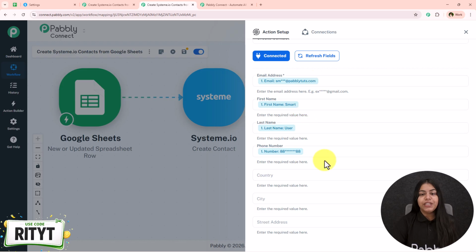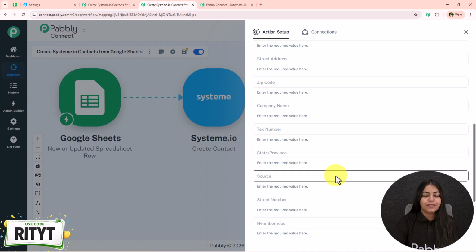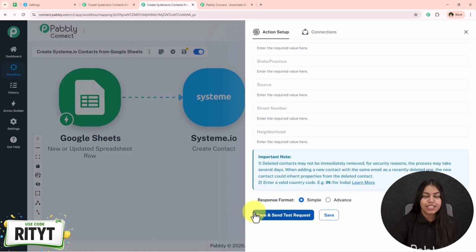As you can see, only this email address is required. Rest of the details are not required. I've filled in according to my own choice. So same goes for the rest of the details. If you have these details, fill in, otherwise leave it as blank and click on the save and send test request. Once we click on the save and send test request, you're going to see